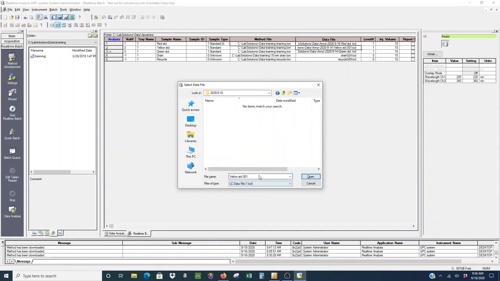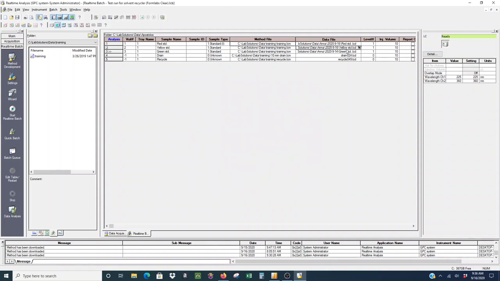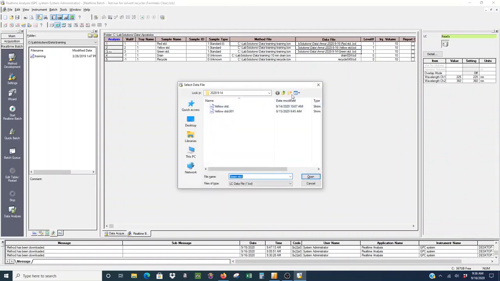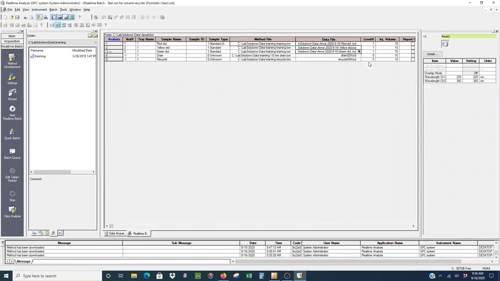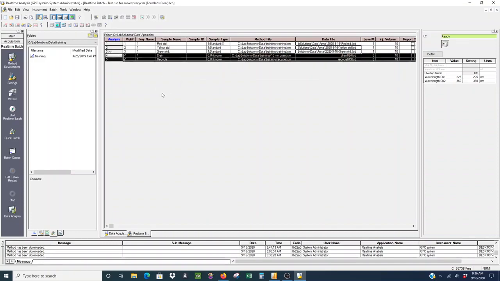So I'm going to go in here. We'll call it yellow standard. And then save this one to my new folder and call it green standard. Cool. Okay, there are 2 more rows here that are always going to be present, and their vial number is